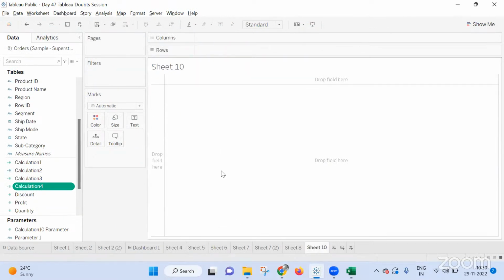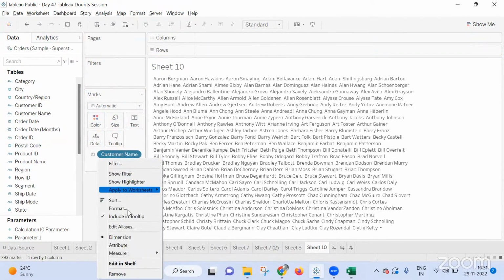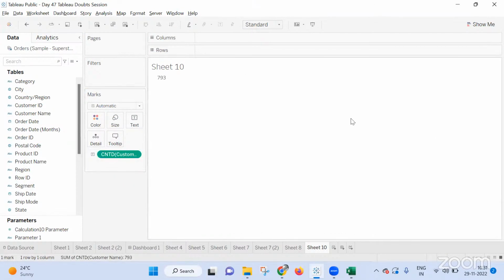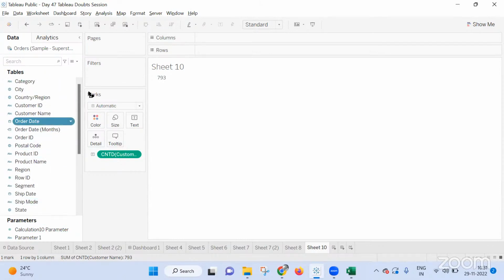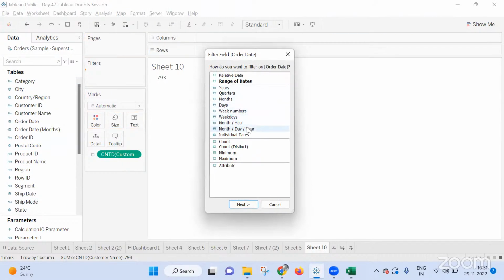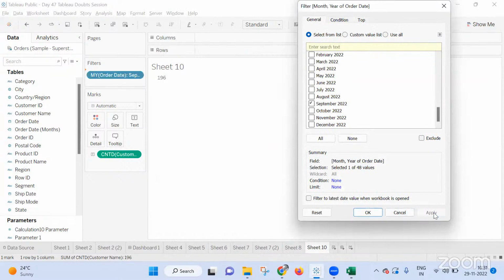Here, you are selecting 45 days. Let me bring customer name and let me take count. So I'm getting 793. Now you are coming here and putting a date filter on order date. Let's take one month. I'm taking September. So here I am getting 196, but of these 196, you want to exclude those customers